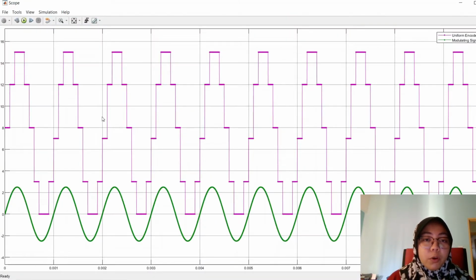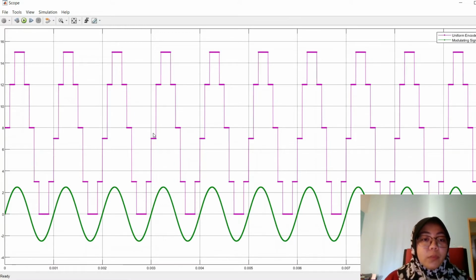Since we use 4-bit encoded PCM data, the quantization level here at the uniform encoder should be 16 levels, because the number of levels is 2 to the power of n, where n is 4 bits. So it should be 16 quantization levels, and we can see here it starts from 0. The encoded level should always be positive, starting from 0 to the 16th level, and each of the levels actually refers to the sample that we take from the quantization voltage that has been rounded off to the nearest